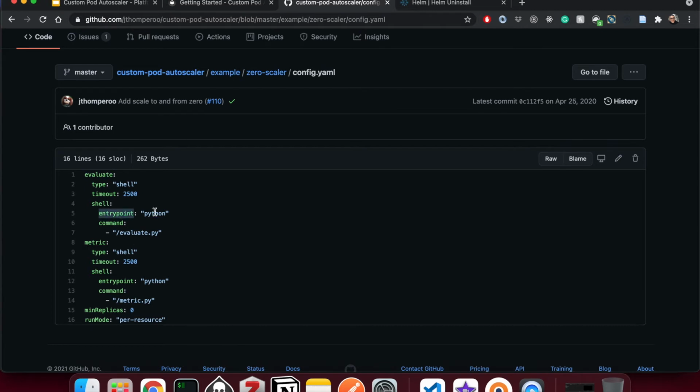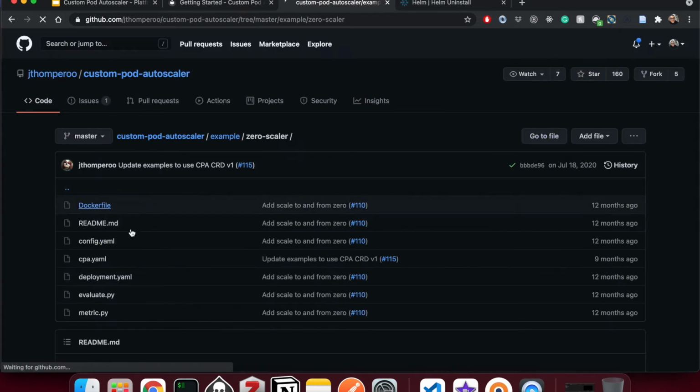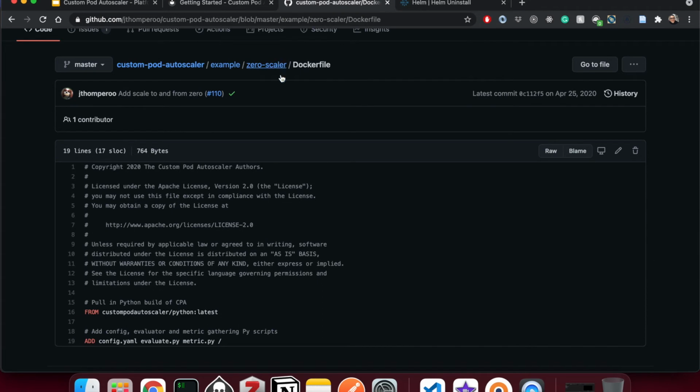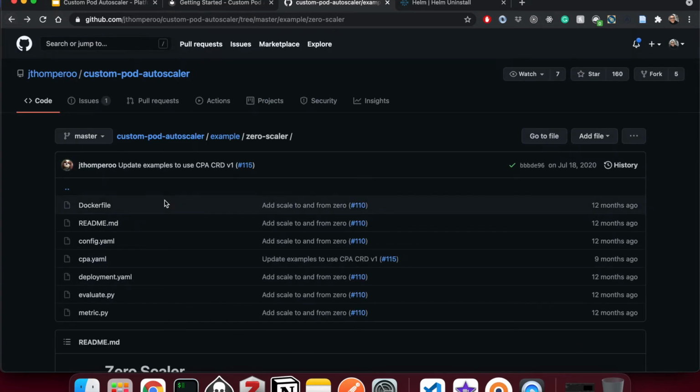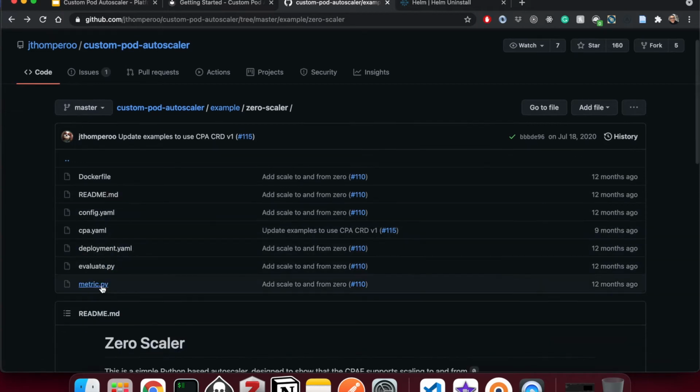So besides doing pure scripts, we could also call endpoints here. We can call different languages. Obviously, the Docker image that we're using already has Python installed, and already has a bunch of tooling, that's why we basically had to just supply the files inside the Docker image. But if you check some other examples, they just use the Ubuntu image or something else. Anyways, now that we understand config and the Docker file, let's jump into the metric.py